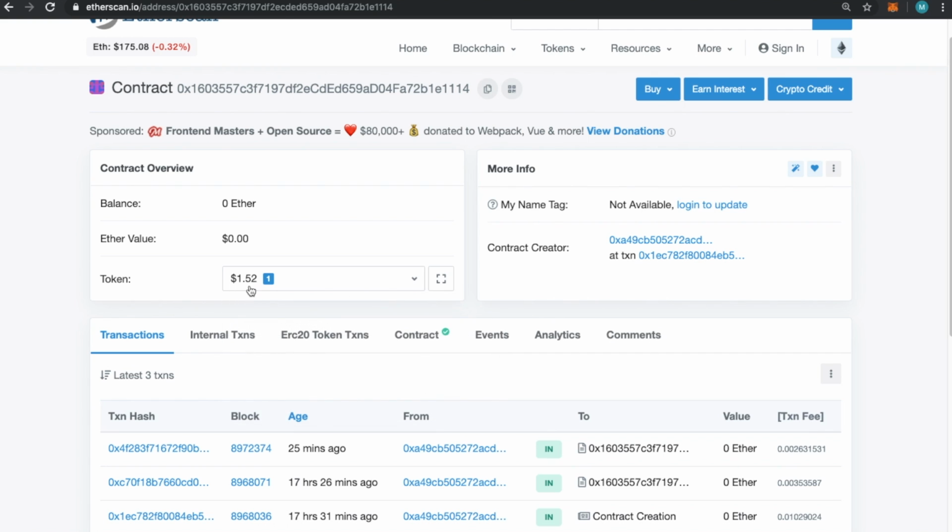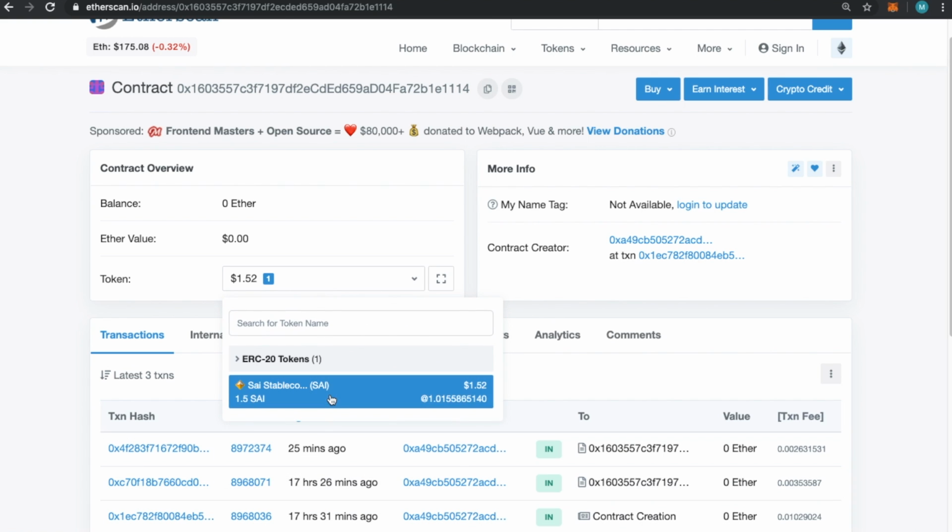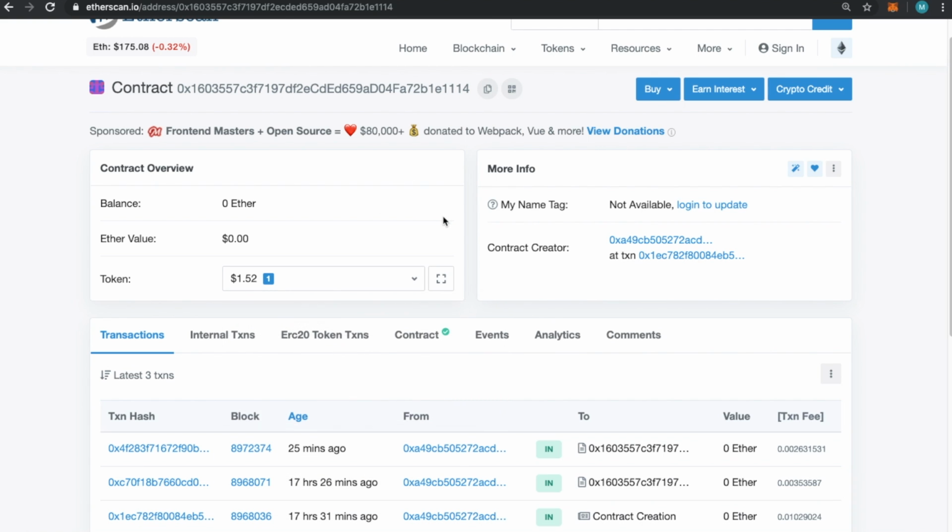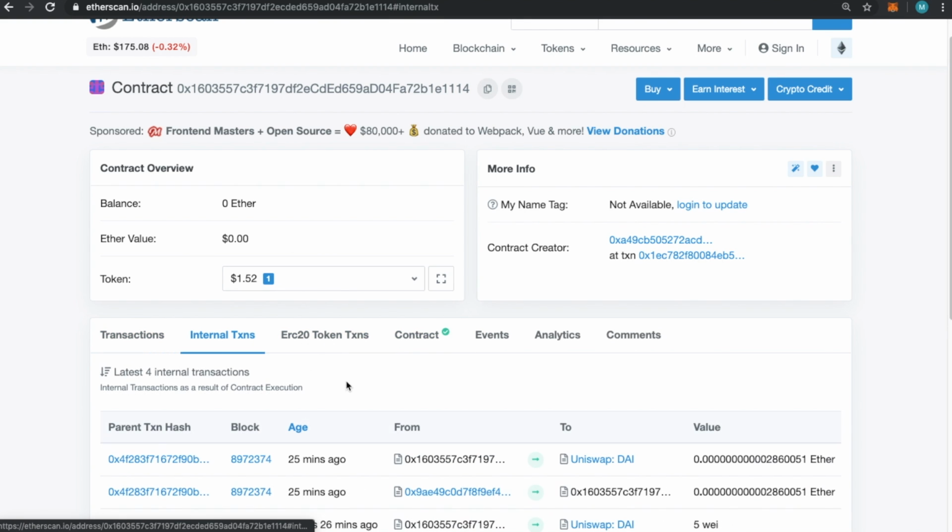So if your smart contract doesn't have a token balance of some psi, then it's not going to work because it needs to actually hold that money, and then you tell it how much it wants to trade. And then when you want to get your money out, of course, you can just go to the contract,